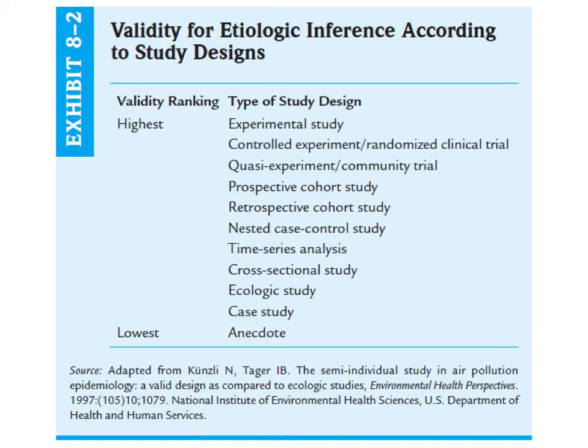And it kind of goes down. Randomized controlled trials are a type of experimental study design, so you can almost lump those together. Then we've got quasi-experimental, which we'll talk about in a second. It goes down to cohort study. So you can see that after quasi-experimental study designs, cohort studies become what we talked about last week, the next best thing that we can get. And we didn't talk about anecdotal or case studies, but you can see ecologic study sits at the bottom as compared to experimental study in terms of what would be the strongest or most rigorous type of study design.